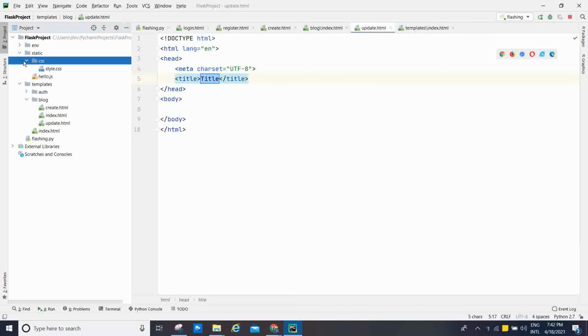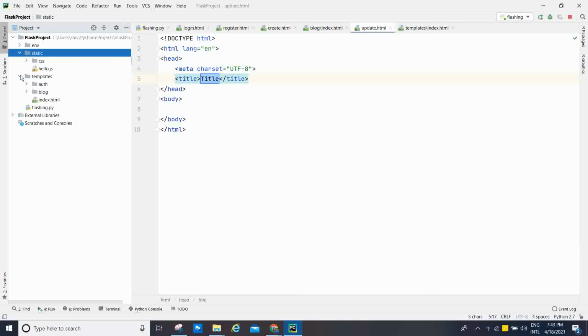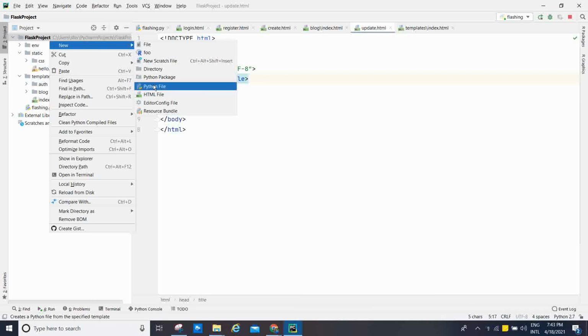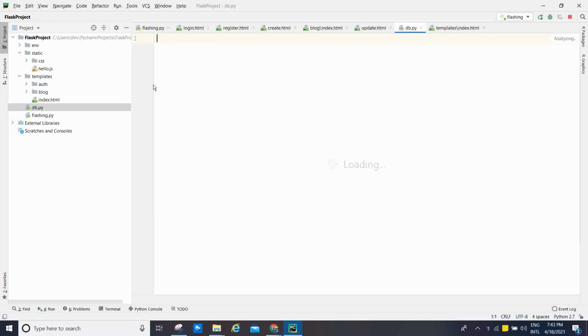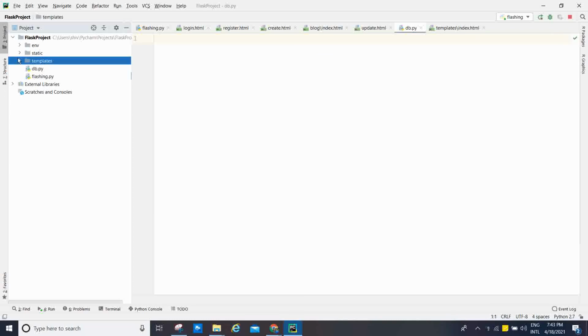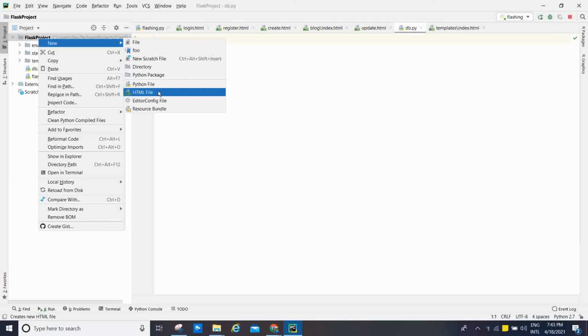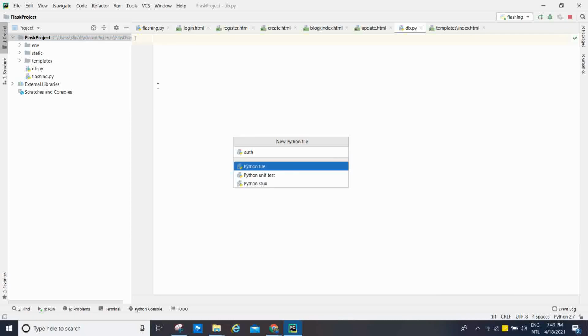This is clear. In the templates we have the static files and the templates I am creating. Now I am going to create, outside the templates folder, a db file, db.py, which is the same folder structure in Python. Here we can create auth.py.